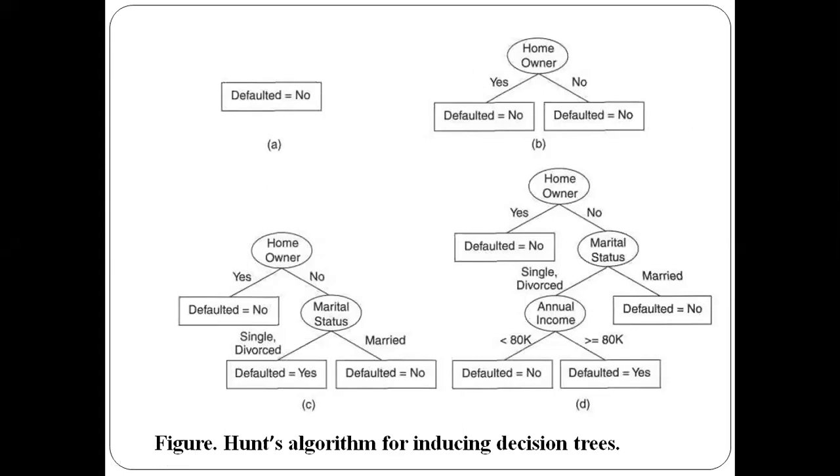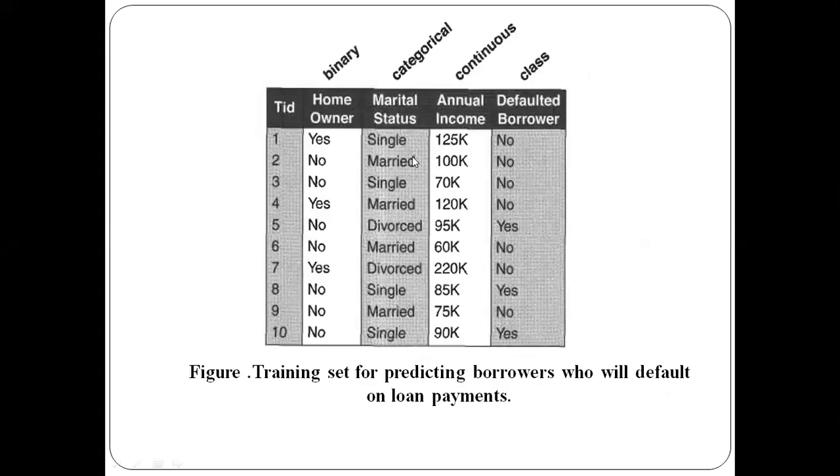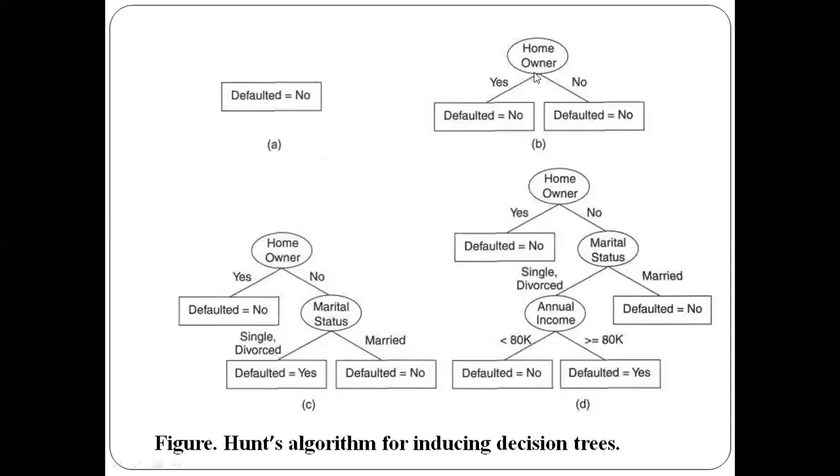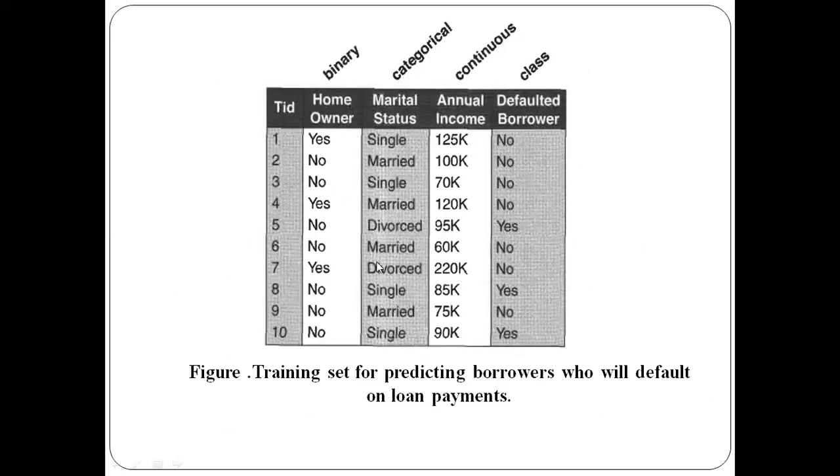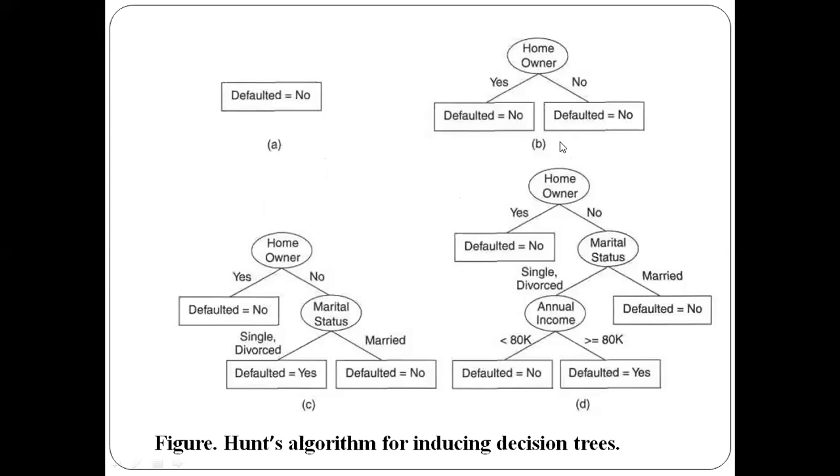In the first step, we have chosen homeowner as the test condition, and we want to divide the training records now. If a person is a homeowner, that is whenever it is yes, the majority of them have the defaulted borrower class as no. So whenever homeowner is yes, defaulted borrower is no, and you keep this left branch as it is. Whenever homeowner is no, for them also defaulted borrower is no only. At the next step, we will be refining this one.